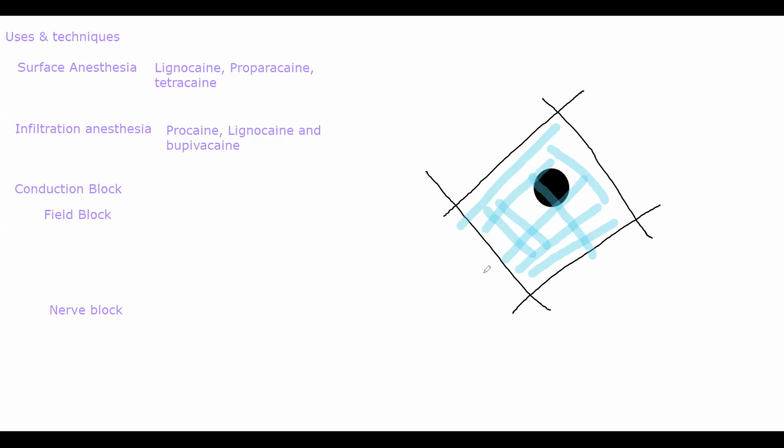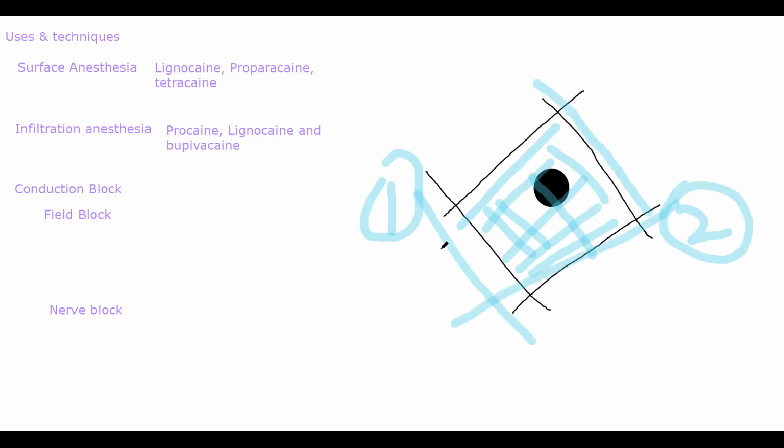I hope you understood. Basically we are taking 2 points, this point 1 and this point 2. You're injecting the drug inside, you're pushing the needle inside, injecting the drug while withdrawing. You don't completely withdraw the needle, you keep the tip inside the skin, you rotate it 90 degrees, again press the needle inside and administer while withdrawing. You repeat the same process on point 2, so that you get a field block of this sort, like a box. I hope you understood this.